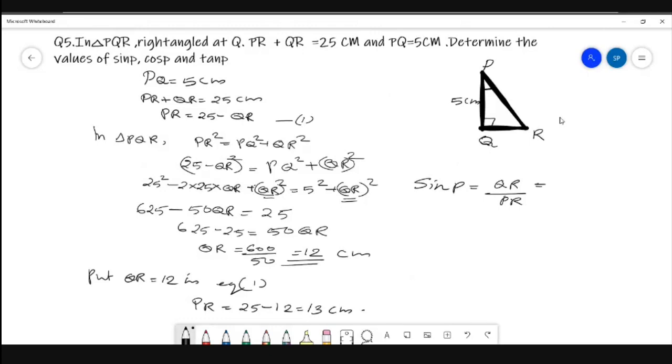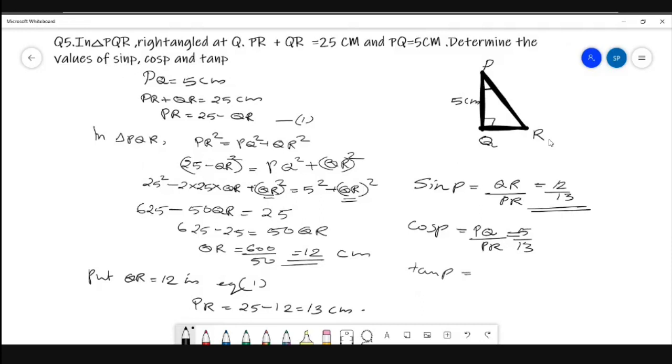That is QR we got as 12, so 12 by 13, and cos P is adjacent side. With respect to P, adjacent side is PQ. So PQ by PR. PQ we got here 5, it is already given. So it is 5 by 13, and tan P is,